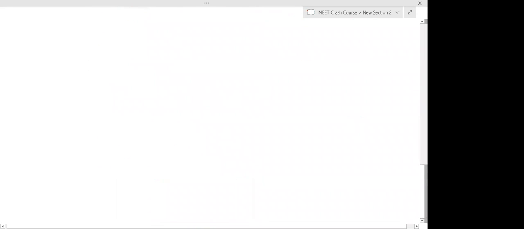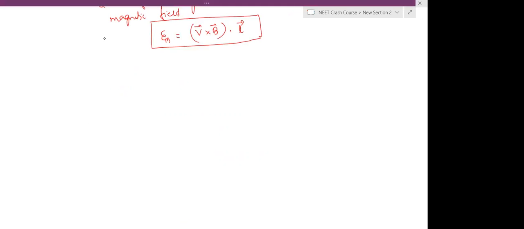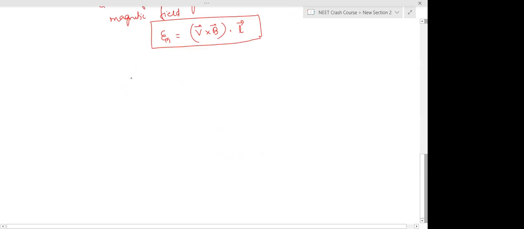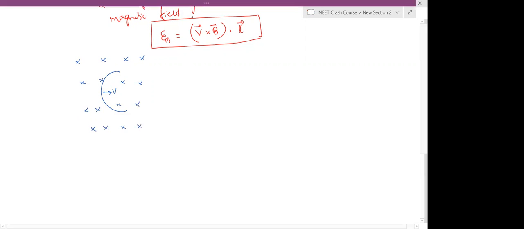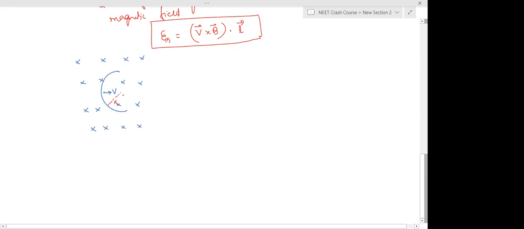Now if we look at a conducting wire of irregular shape, I think we did this. I don't remember, but no problem, we can quickly revise. If it is a bent, irregular wire moving in a magnetic field, then also there will be an EMF induced, and that EMF will be calculated by using the length vector, as we used to calculate for force. So if it is a semicircular wire or semicircular ring moving perpendicular to its length, its radius is R, magnetic field is B, but we will join